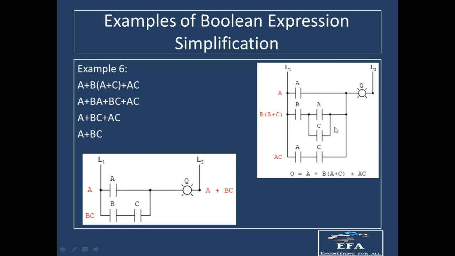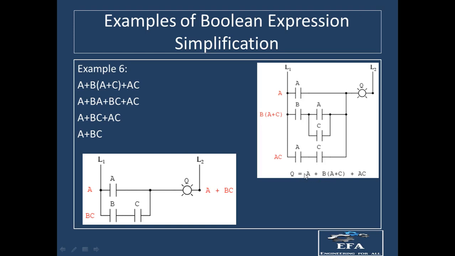From the second line, you can see we have two parts. The first part is A in parallel with C, so we will have an OR gate between them, giving A plus C. This is in series with B, so B will be multiplied with it, that is, we will have the AND gate between them. The last one has A and C in series, so there will be AC over here, and all these lines are in parallel to each other, so we will have the OR operations between them. Ultimately, at Q we will have A plus B into A plus C into AC. So this is the equation we have.